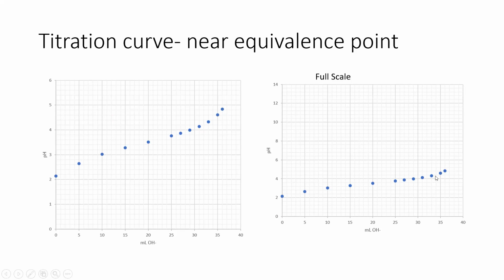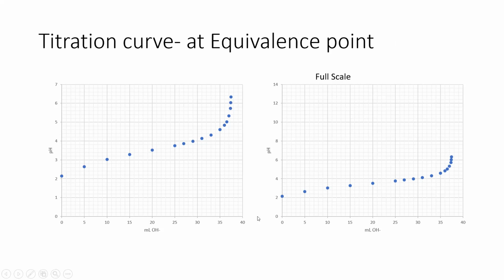And this is an indication that you need to slow down, by which we mean add smaller and smaller amounts of your base. So our first few data points are 5 milliliters apart, and then our last few data points are only 1 milliliter apart. We're going to make them even smaller than that, just adding a few drops at a time. Okay, so this is going right up to our equivalence point. And notice that the farther along we get in here, the more vertical this graph gets,